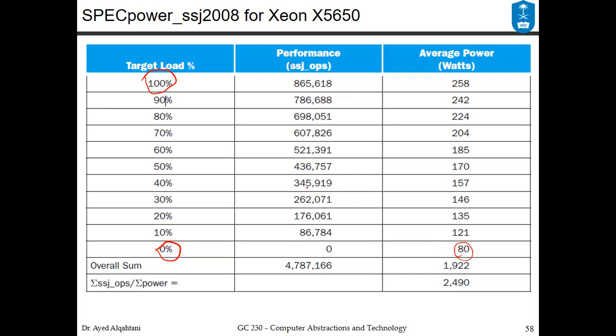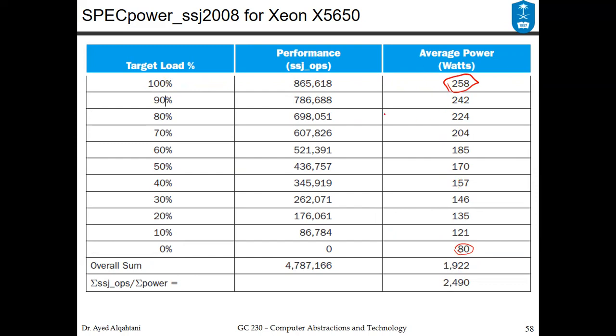Anyway, for each target load, we calculate how many operations to get the performance, like a measurement of the performance. And you can see the more target load you have, the more operations you need to execute. So starting from 0 up to 865,000 and something. You also record the average power for each one of them. Look at the average power here, it's 80, and then it increases to 120 and so on. The 100% load will consume 258